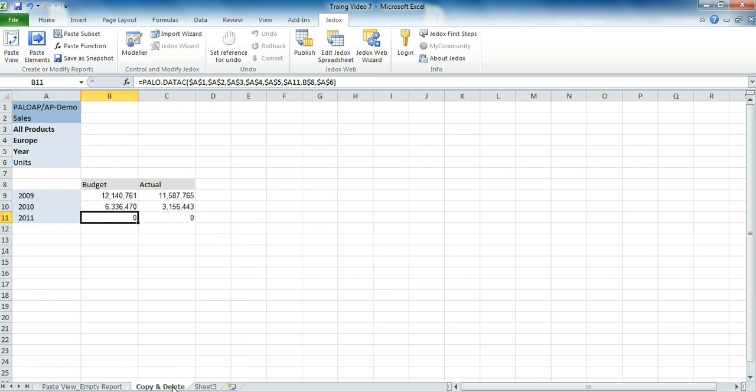So now let's talk about how to copy cell contents. First, let's do a quick paste view. Now I want to copy the actual 2010 to budget 2011. So type in the cell B11, copy, space, actual, semicolon, 2010, and then hit enter. You can also use copy, space, data types, column,